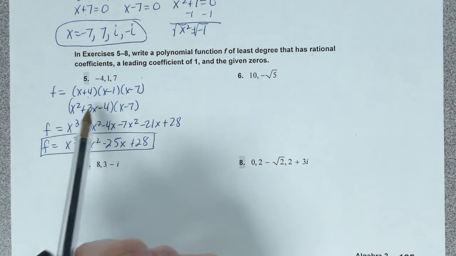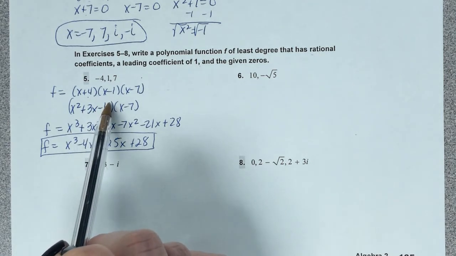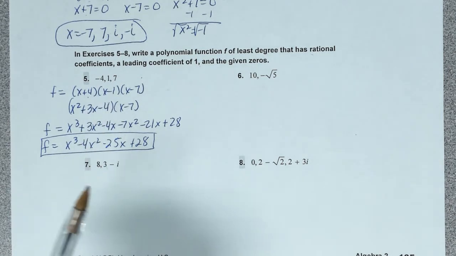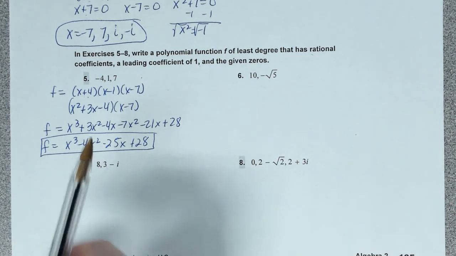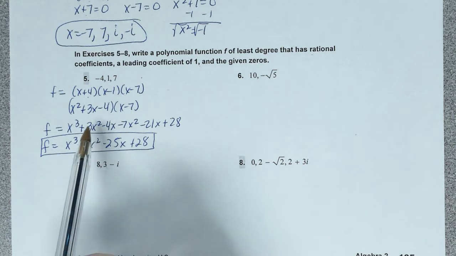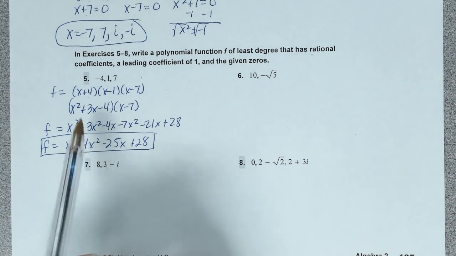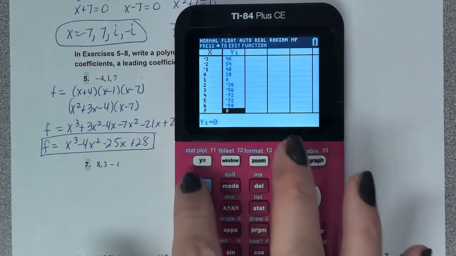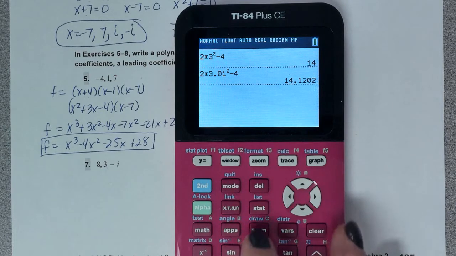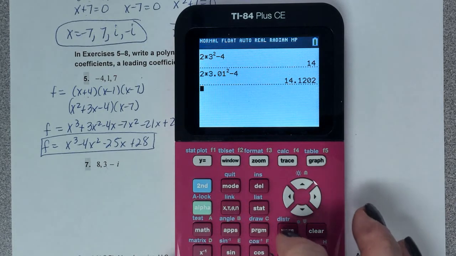Does anybody have any other ideas on how I could have done this a little bit quicker? Could you have plugged it in a calculator? Not really. The calculator doesn't know how to multiply that all out. What about plugging it into the table and putting the zeros in? That would work. The only way I can think of, there actually is a way you could do it. It's not under table. It's actually under,